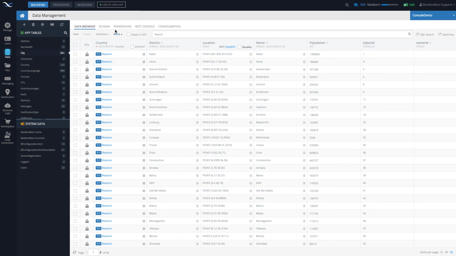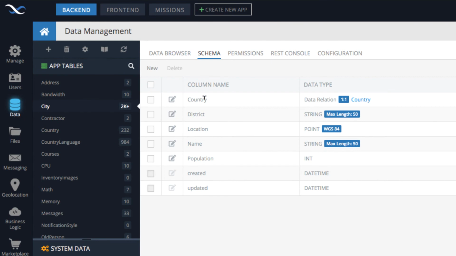You can see the structure of this data table by clicking the Schema tab. And notice that the names of the columns are going to be name, location, district, country, population. The ones that we will need to use for this particular lecture are going to be name and country. And the country points to another table, which is the table country.